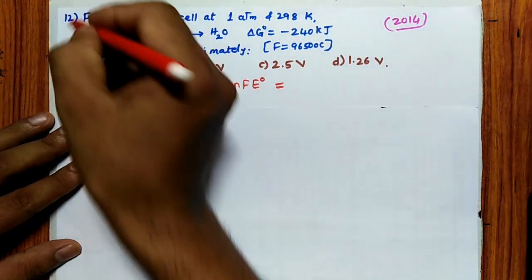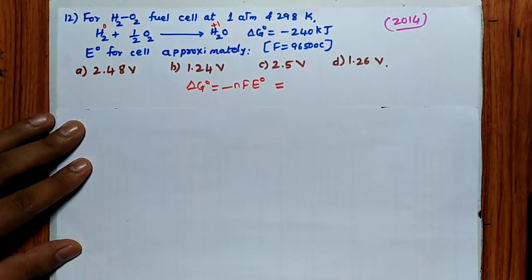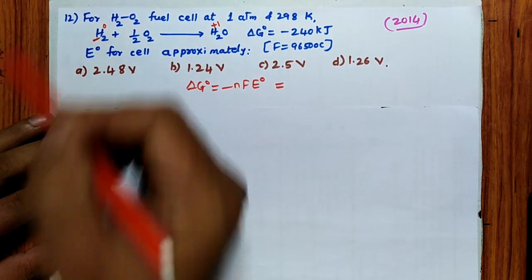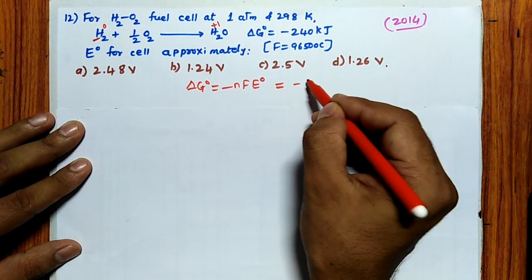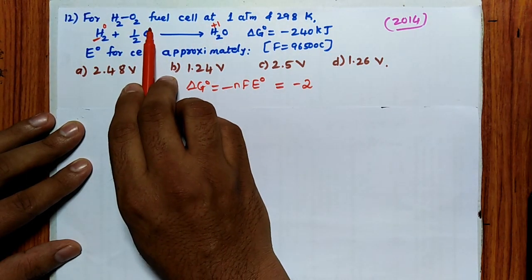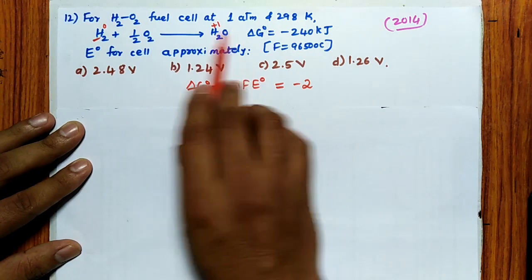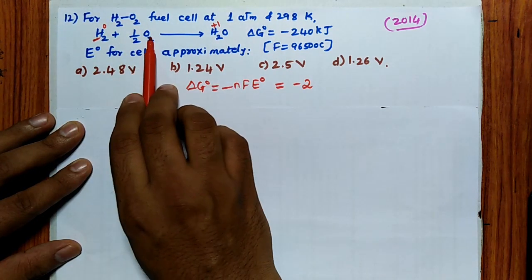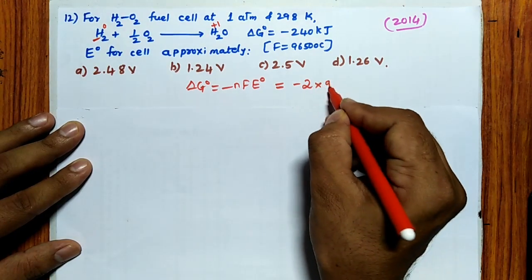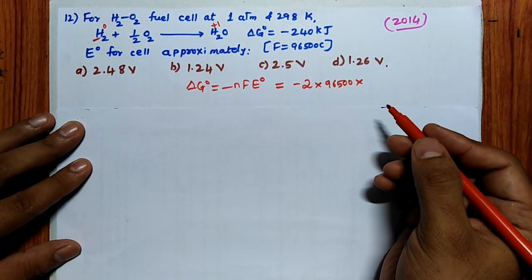How to calculate? See, 0 here, it is plus 1. 1 hydrogen to 1 hydrogen, 1 unit change. But how many hydrogens are there? 2 hydrogen. Hence N is equal to 2. You can take oxygen also. Oxygen 0, here minus 2. 0 to minus 2, half of O2 and the 2 cancel, like 1 oxygen. So 2 electron change. So minus 2 into F value 96,500 into N value.